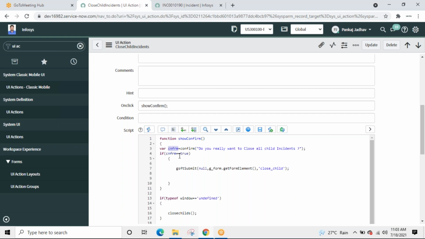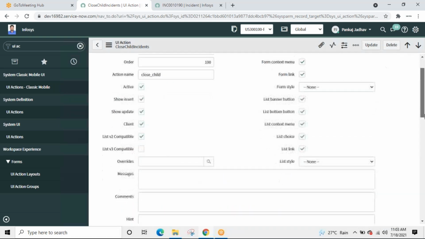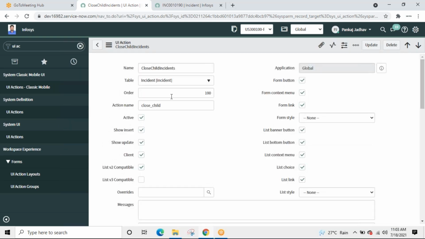And if it is equal to true, execute GSFT submit, pass the action name. Once ServiceNow finds this, it will immediately search for the action name field and try to match. If it matches, ServiceNow understands there is some server-side script written below that I have to execute.